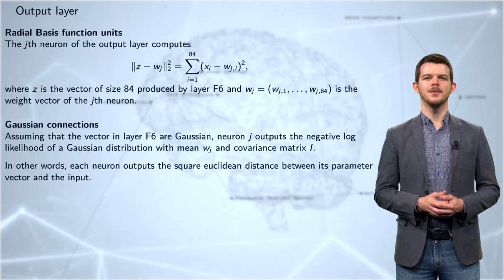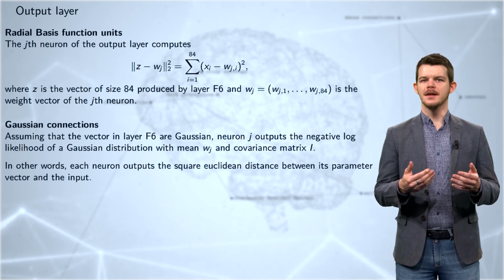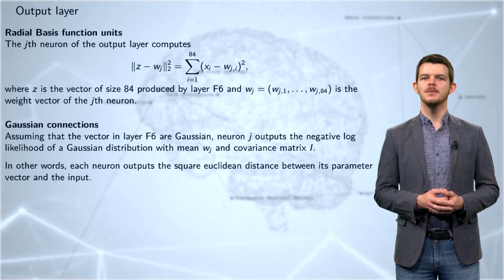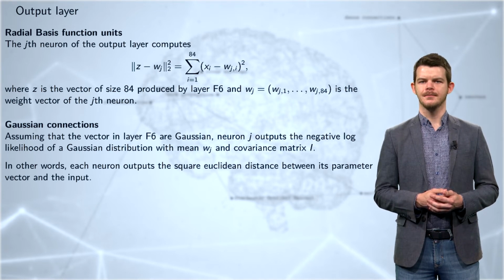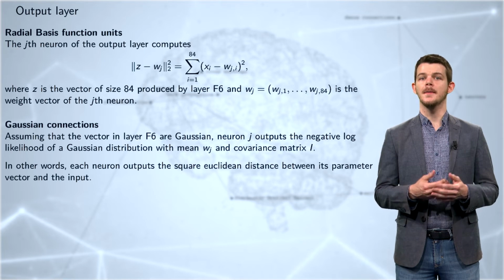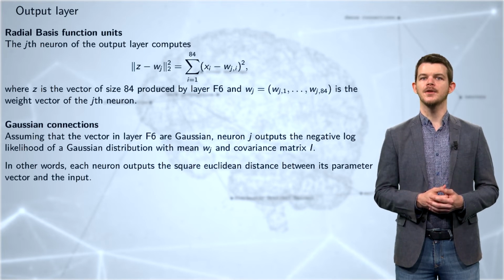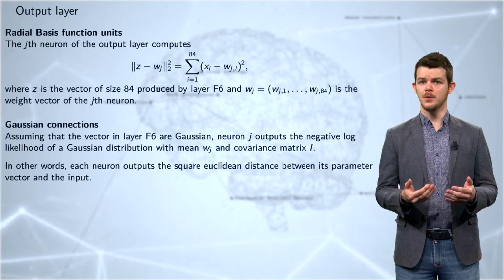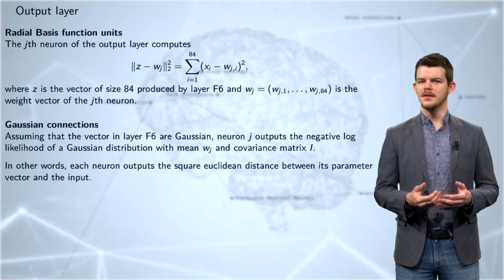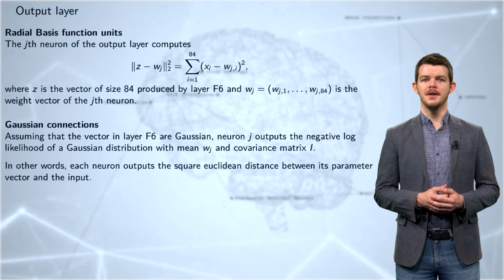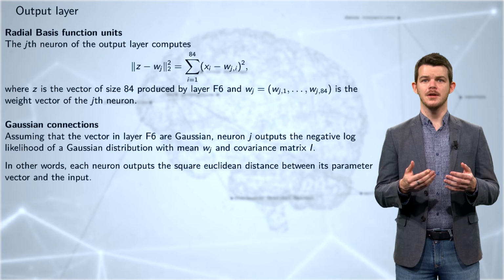Another way to view this computation is the following. Imagine that the images of class j can be represented as vectors of size 84, normally distributed over a mean wj with a covariance matrix identity. Then, the L2 norm between the vector produced by the network and wj is nothing but the negative log likelihood of the Gaussian distribution. So, basically, we are just computing probabilities expressed as negative log likelihood that an observation belongs